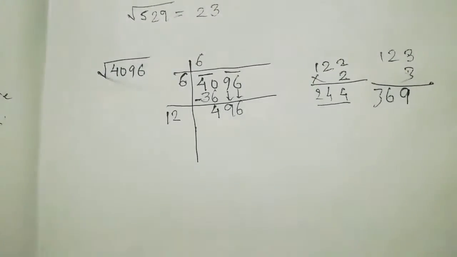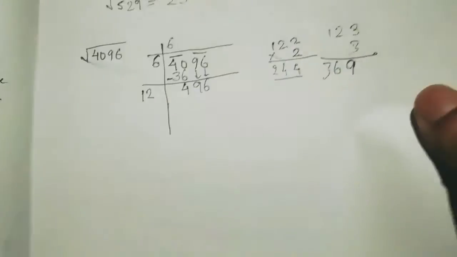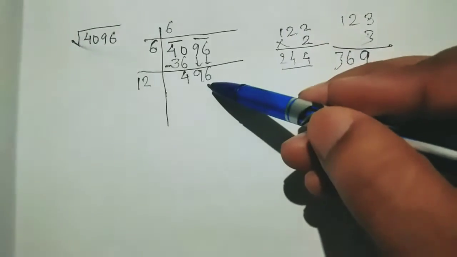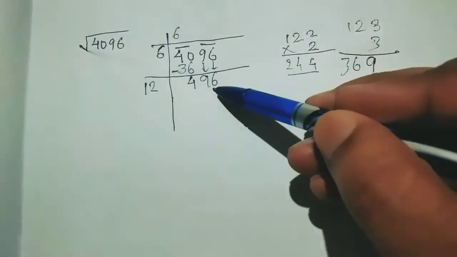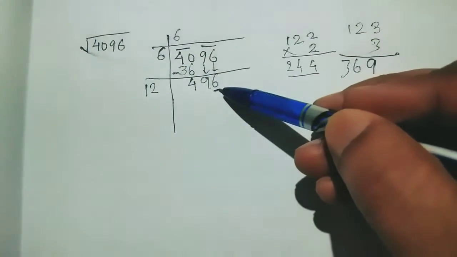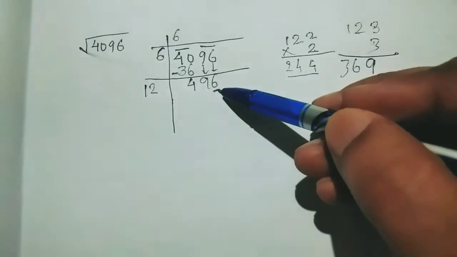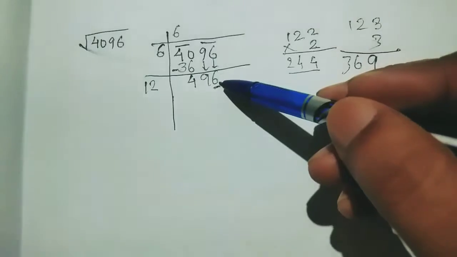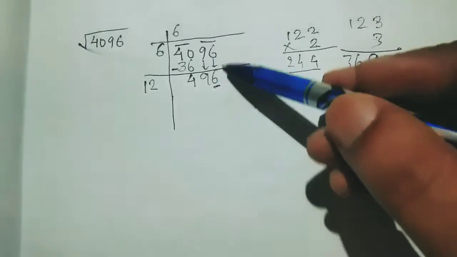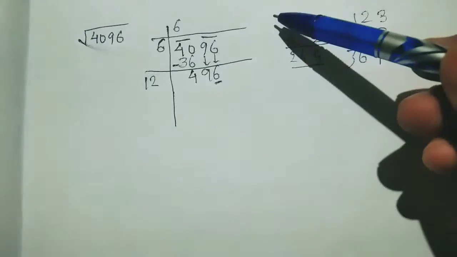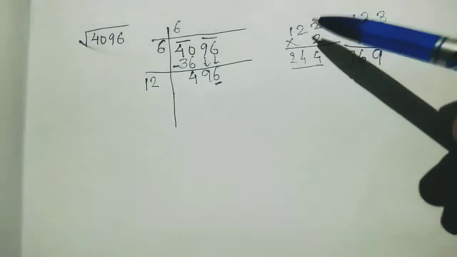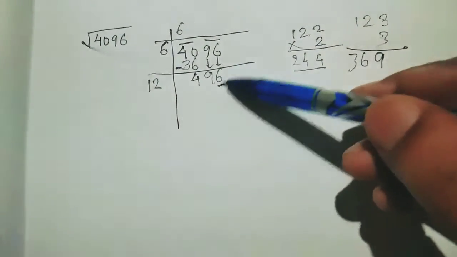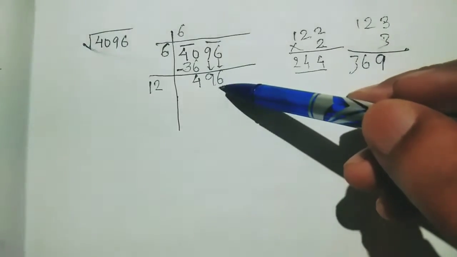Now, I am showing you one shortcut here, so that we can easily find out which number will divide it. Always see the unit digit, the ones place number. The ones digit here is 6. Now you have to recall which square number gives 6 in the unit place. That's why in this chapter many questions were about the unit digit. The unit digit, the ones place, is very important.